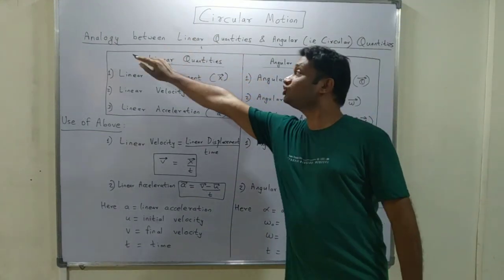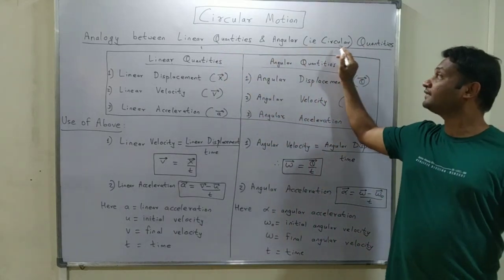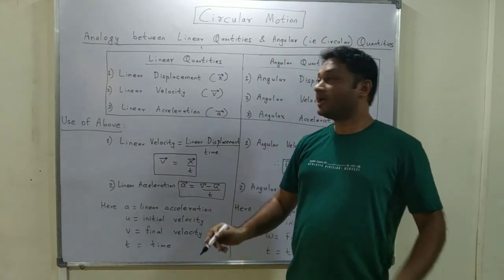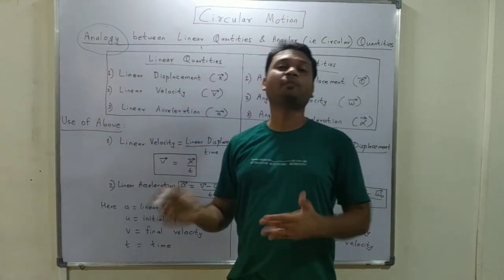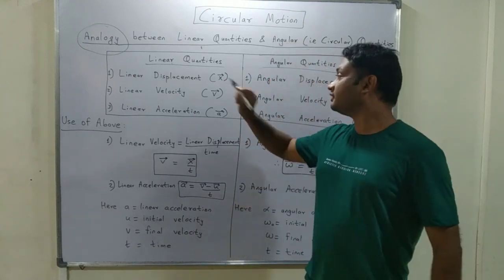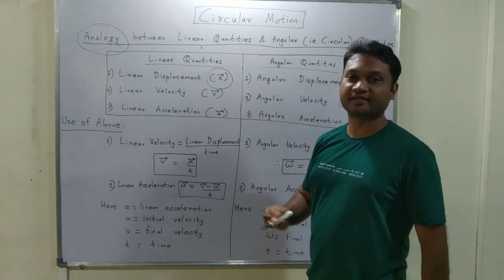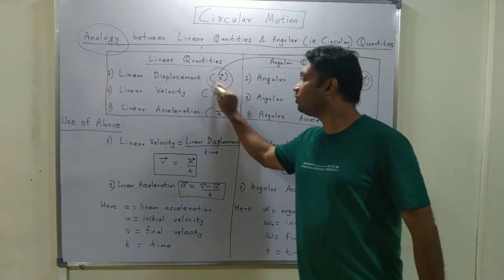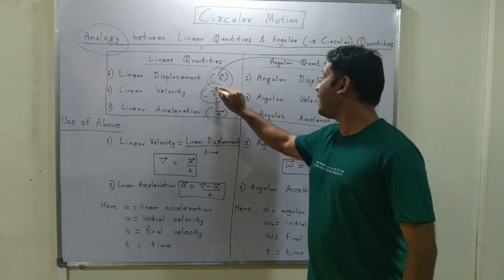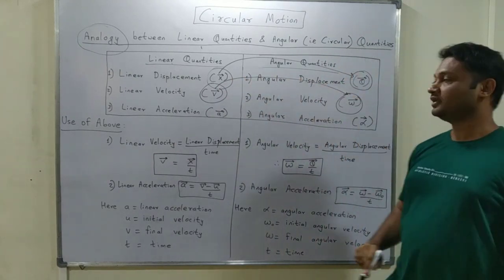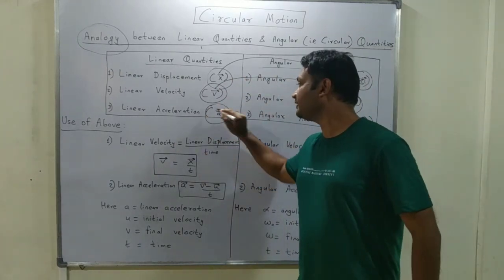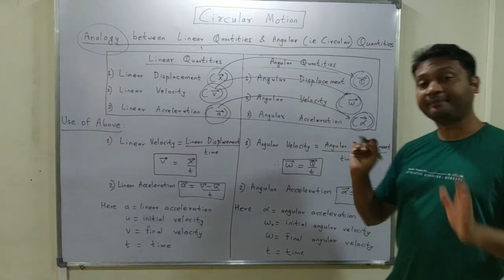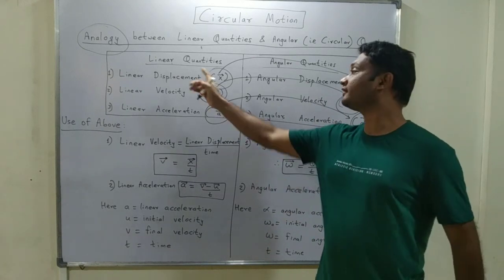Continuing further with analogy between linear quantities and angular, that is circular quantities. So what is analogy? Analogy means इसकी टॉपिक उसके साथ means जहां हम लोग को linear displacement x दिखे वहां हम लोग angular displacement थीटा डाल देंगे। जहां हम लोग को linear velocity v दिखे वहां एंगुलर वेलोसिटी ओमेगा डाल देंगे। जहां हमें लीनियर एक्सेलरेशन a दिखे वहां एंगुलर एक्सेलरेशन अल्फा डाल देंगे।